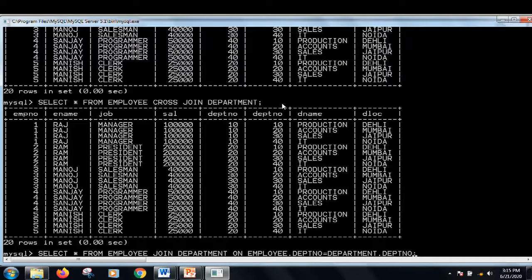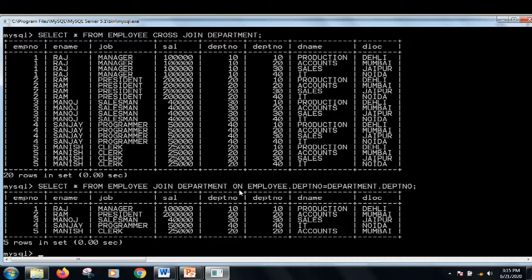See, again I am showing you the query. I have written select star from employee join department D, and with the on clause I put the condition of joining, as I was putting this condition using the where clause in our traditional SQL style. So in this way I have done the equijoin.